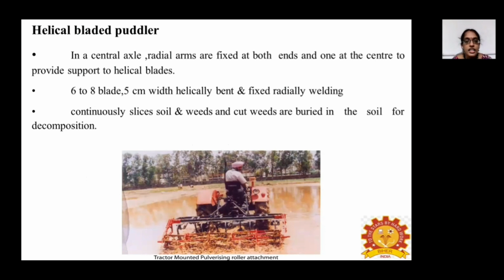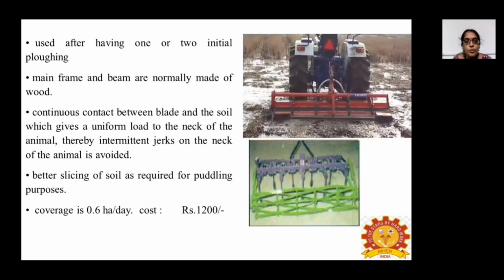which are fixed at both ends at the center. It consists of 6 to 8 blades, 5 centimeter, helically bent, and these are fixed radially by welding. It helps to continuously slice the soil with the weeds, and the weeds are cut or buried in the soil for decomposition. Normally it is used for one or two initial ploughings, and the main frame and the beams are